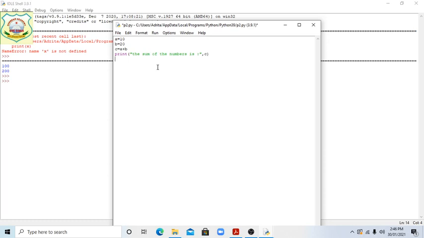Okay students, we can also write the same thing. In place of sum, we want to see what result we will get, and here we are writing, students, d. Also we are doing the multiply here.